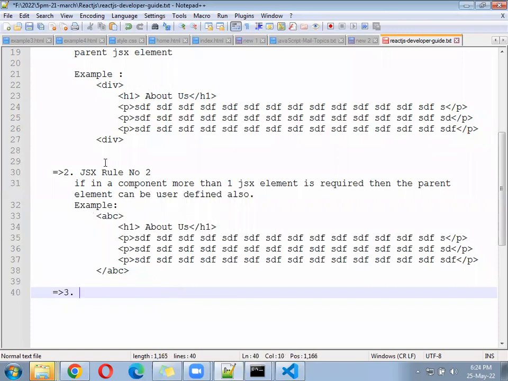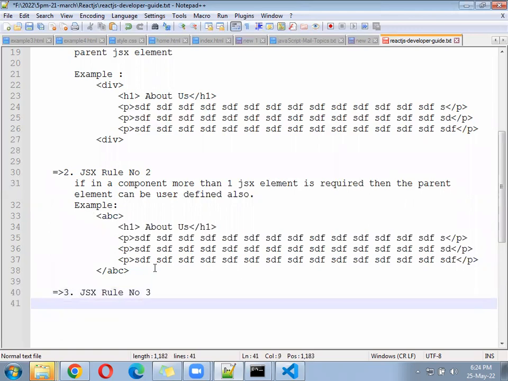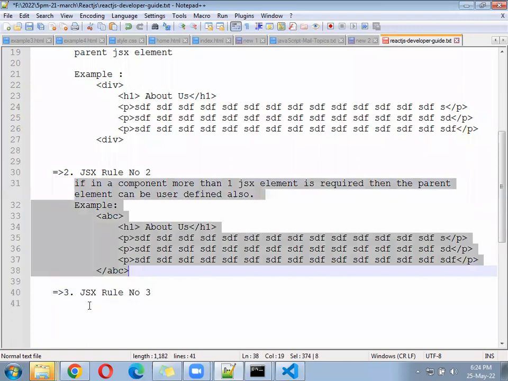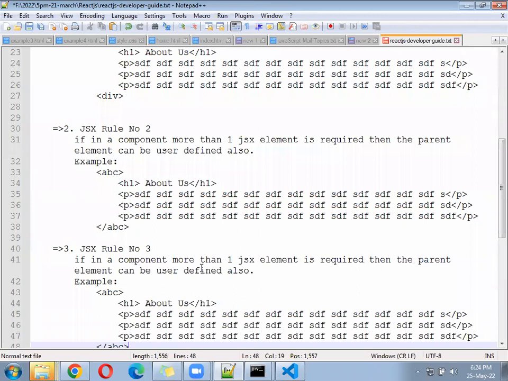JSX rule number 3: again, if in a component more than one JSX element is required, then the parent element can be an empty tag also.